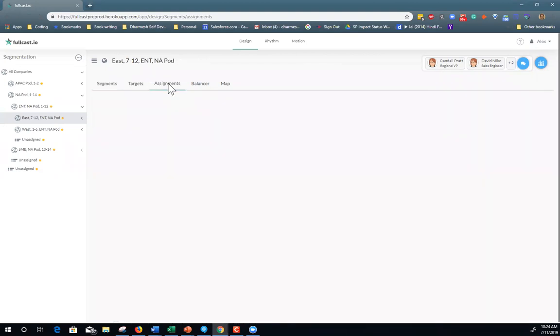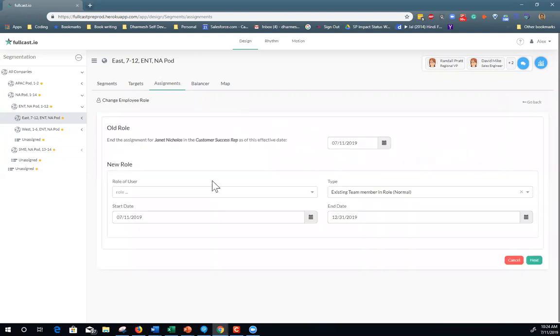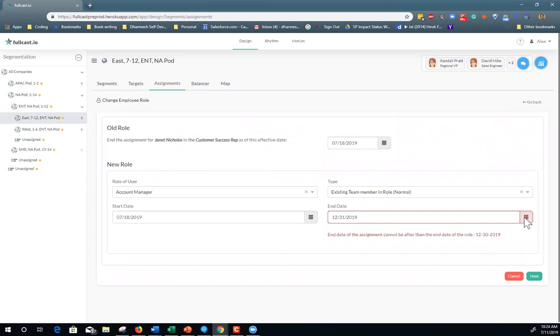You would then come in and do a couple of things. You would come and assign people into those segments, right? And this is where you start looking at who was covering what territories or when. And this could be the start date, end date, the role they were in, and you'll manage the entire life cycle of those people out here, right? So you'll say, okay, this person I'm going to move, I'm going to terminate this person, or change Janet's role, effective future date. What role she's going to be in. She'll be an account manager role. That'll be her start date on the 18th and ending on the 19th, and a couple of rules that'll happen.